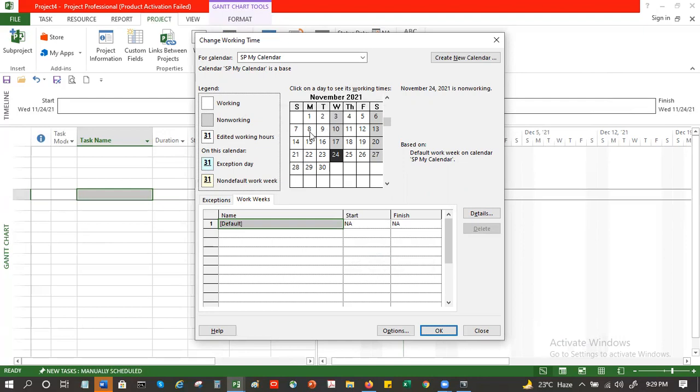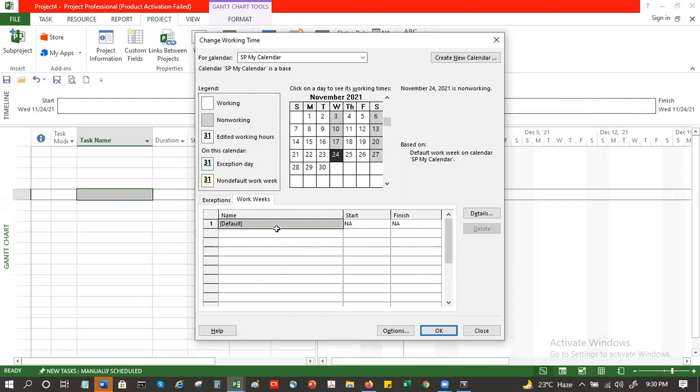Edited working hours means you have changed working hours for that day. And this greenish one with an underline below the date is the exception day. Exception day means it's only a one-time change, for example, a holiday. National holidays, or maybe project-related local holidays. Durga Puja, we had a holiday for, let's say, 4 days. So you can put that not as a default, but as an exception. I'll show you the exception in a minute.